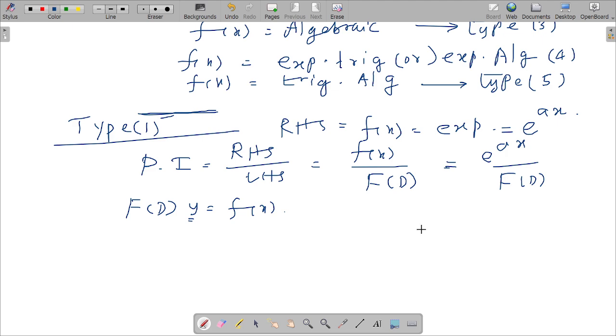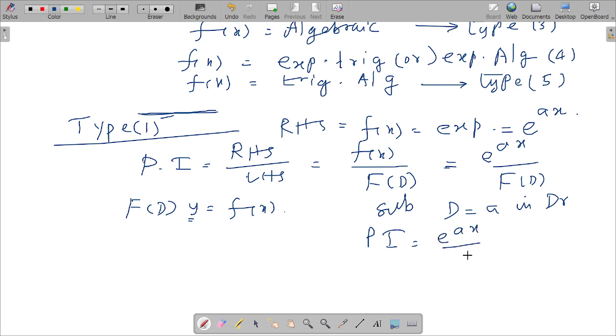How did we solve this? Sir, in the denominator we have to substitute D by a. Yes, substituting D equal to a in the denominator. If you substitute D equal to a in the denominator, then the particular integral becomes e power ax